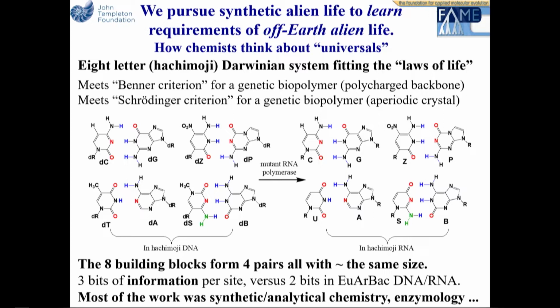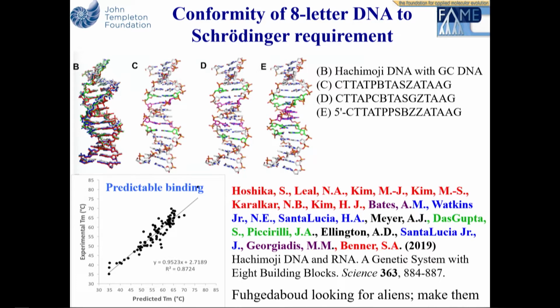And you've got to keep in mind that I won't have a chance to talk about it, but all the hard work is in the synthetic and analytical chemistry, the developing of the enzymology for these and all the rest of it. And as we like to say, now that I can use Gary's use of language, it's one goddamn problem after another on that side of it. But never mind, the bottom line is the 8-letter conformity to the Schrodinger requirement is actually quite remarkable. You're looking at crystal structures that were developed by Millie Georgiadis, where you can see in B 4 different sequences superimposed upon them. C, D, and E are listed on the board, which are 8-letter DNA superimposed upon the 4th, which is just standard DNA. They're basically superimposable. And what that means is you can mutate from one to the other without changing either their physical properties or their structural properties.